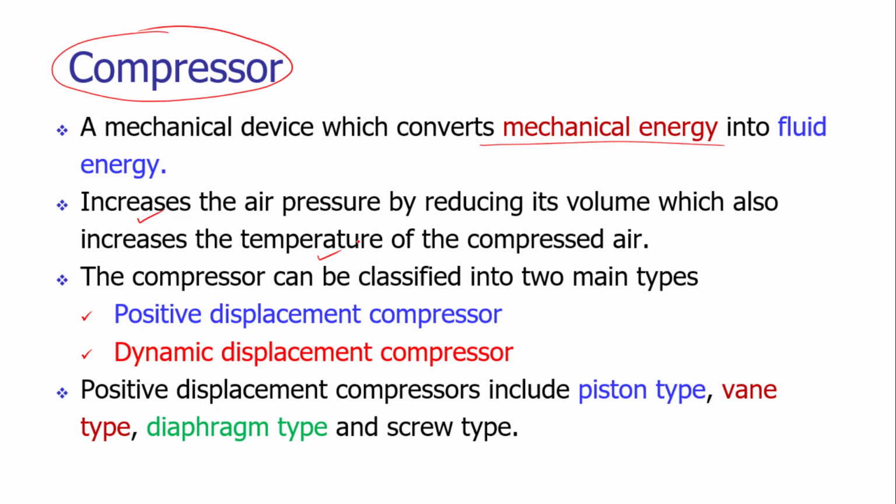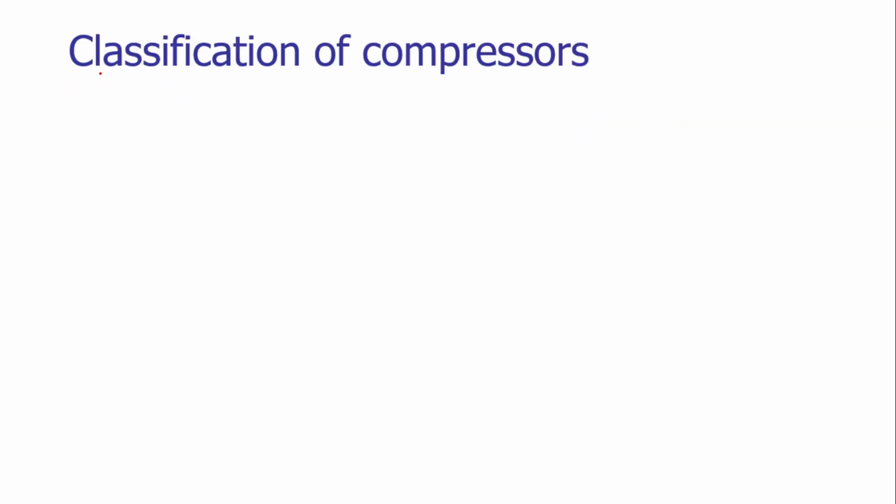There are various types of compressors used in the industry: the positive displacement compressors and the dynamic displacement compressors. Positive displacement compressors are the piston type or vane type, or the diaphragm type and the screw type. Detailed classification of the compressors we will see in the next slides. We can classify the pneumatic compressors based on two factors. The first factor is